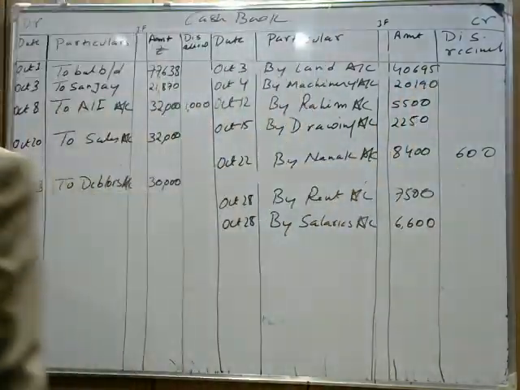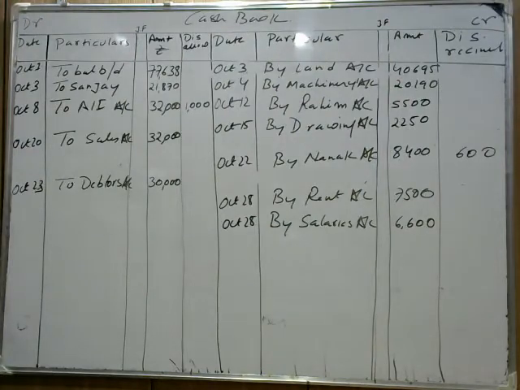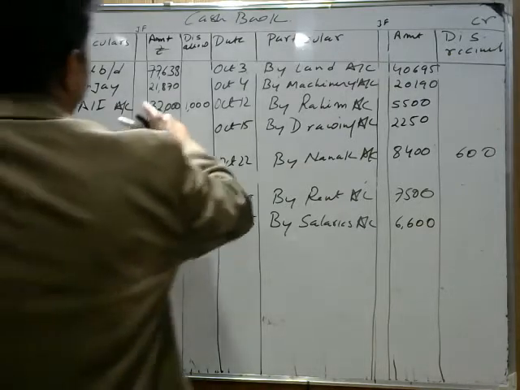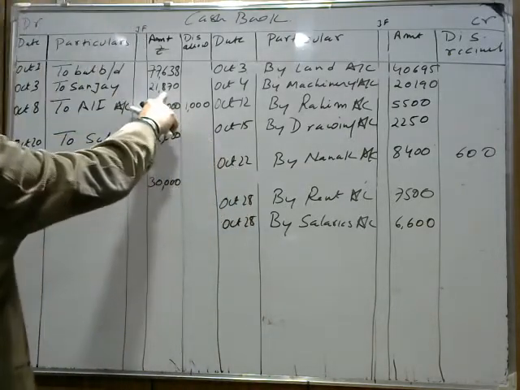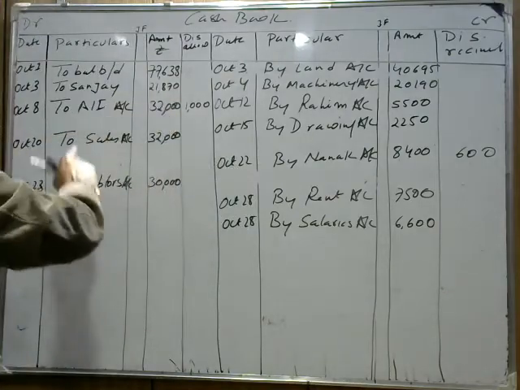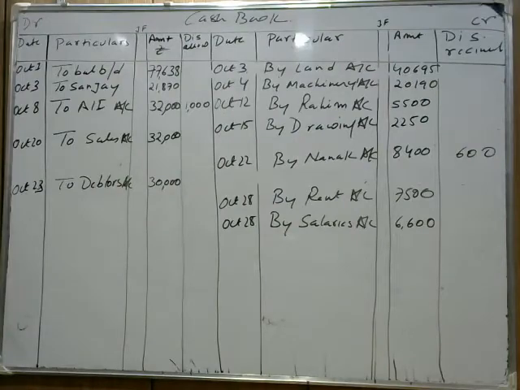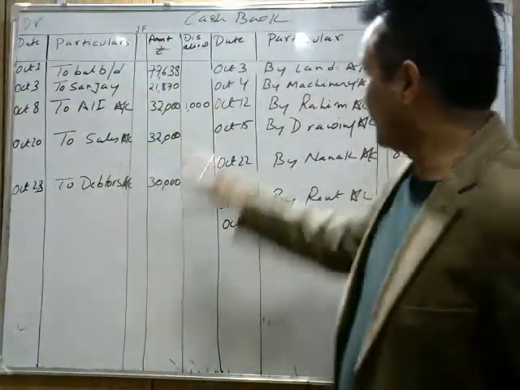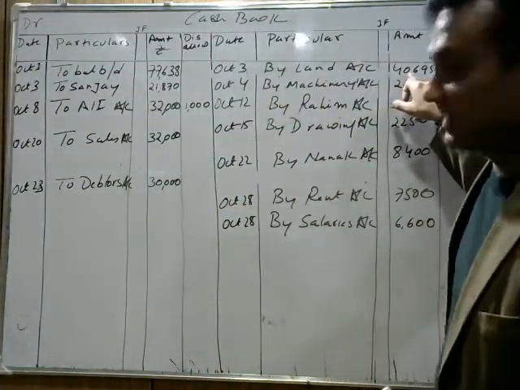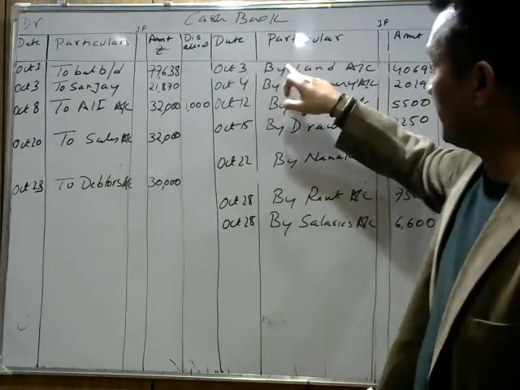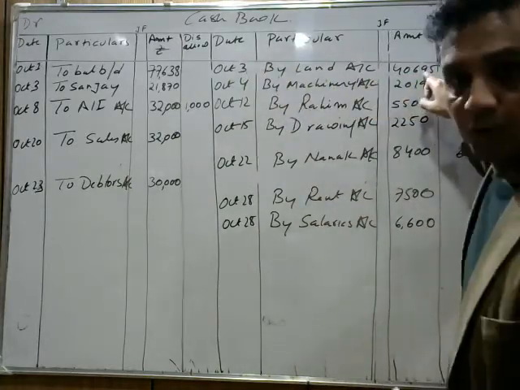20190. I hope we've done all the transactions. Check once again. Opening balance we have all done, it's 77,638. Then paid by Sanjay. Sanjay paid to us 21,870. We purchased land, it's mentioned here 40695. Earlier I missed to write the land over here. We missed that. Now it's correct. October 3rd को हमने एक land purchase किया था जिसकी कीमत थी 40695.